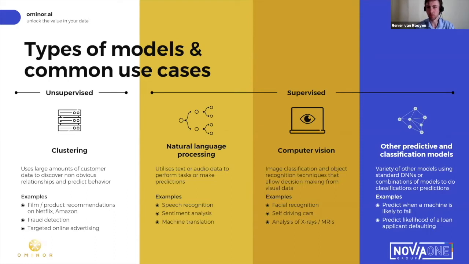Computer vision would be all the things that look at an image or a video feed, so facial recognition, self-driving cars, X-rays, MRIs, but also the quality control in factories and, apparently these days, in pizza shops. And then anything else where you're getting from input to output, I've lumped into other predictive models, which are just cases where you have some bit of information and you need to make some decision or classification or output from that.